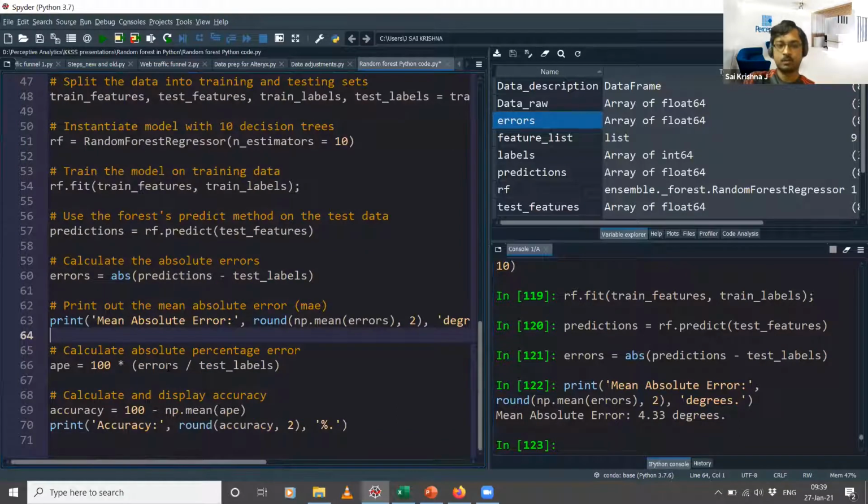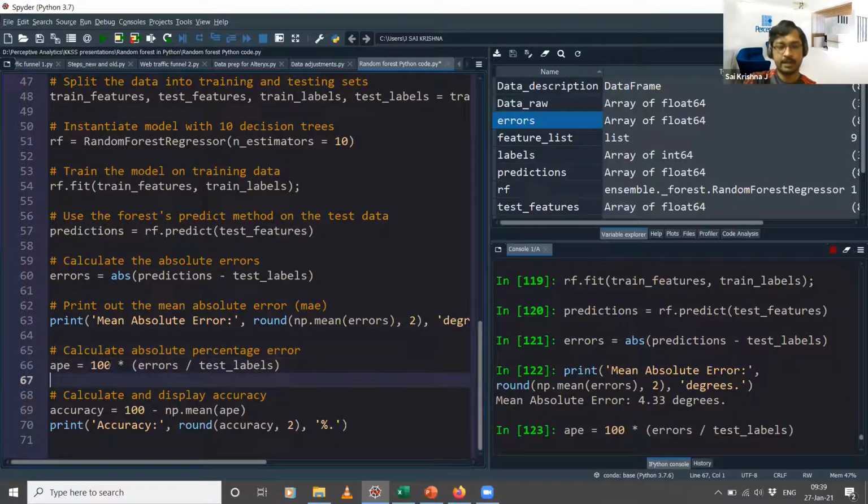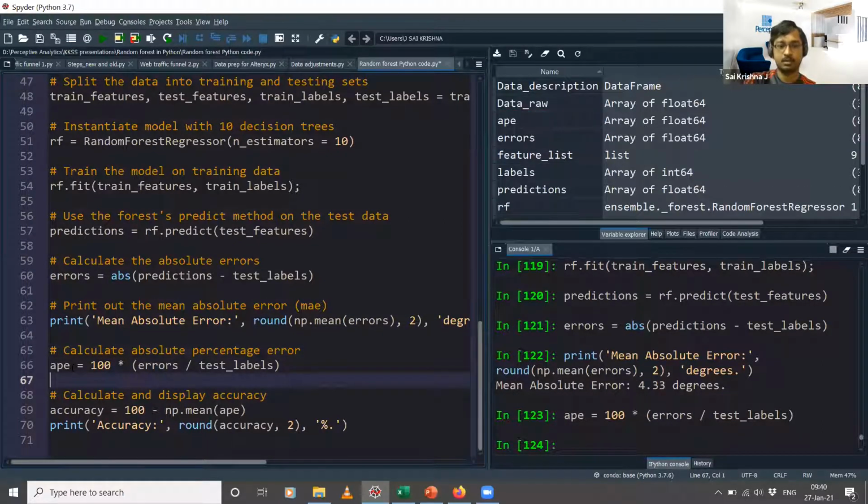And then you have one more metric called the mean absolute percentage error. So percentage error is nothing but your error value divided by the actual value, that is, predicted minus actual divided by actual, right? So that is the error. You are just multiplying it by 100 to display it as a percentage. So we are saying APE, or absolute percentage error, and accuracy is nothing but 100% minus your error percentage.